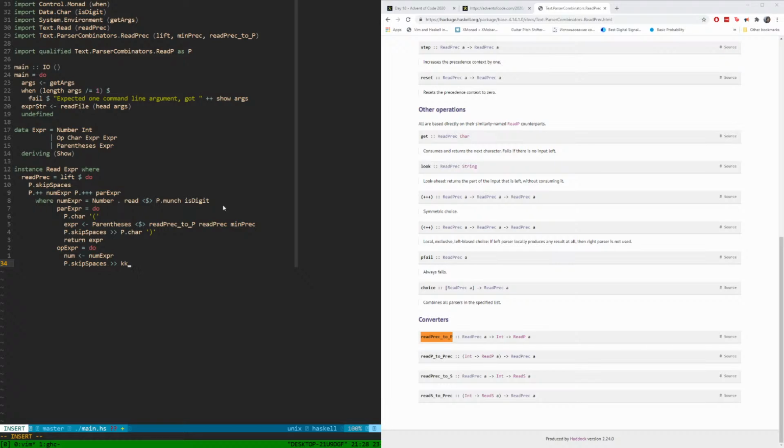No, we need to read one character, and we need to fail in case it's not satisfiable. So what we'll do here is skip spaces, that's true. And then we say operator. But also we say when operator